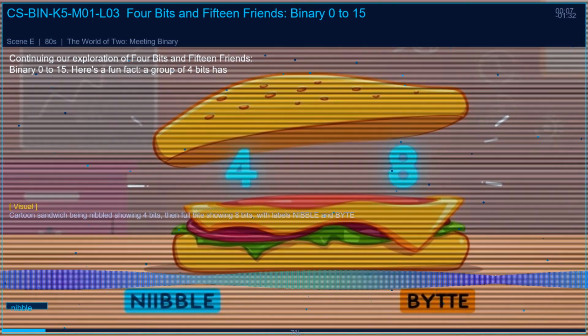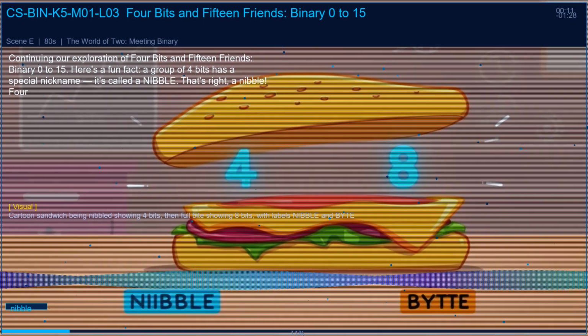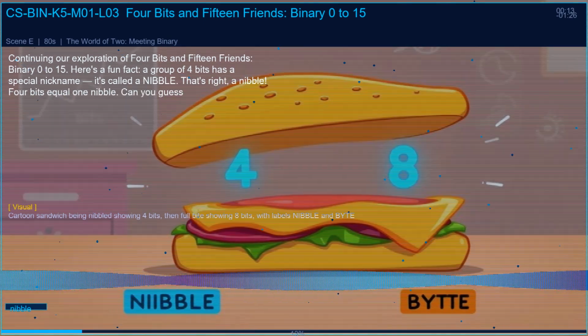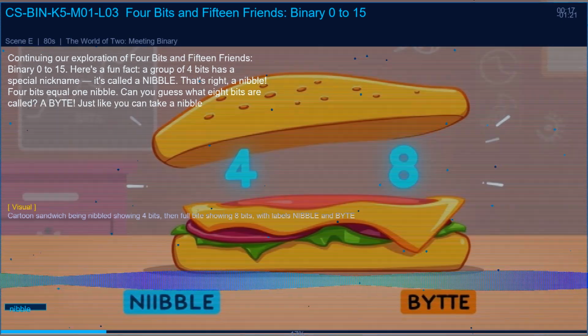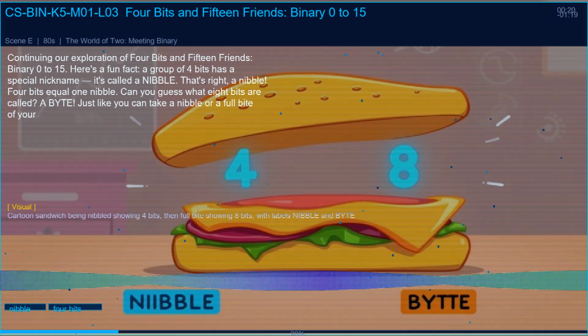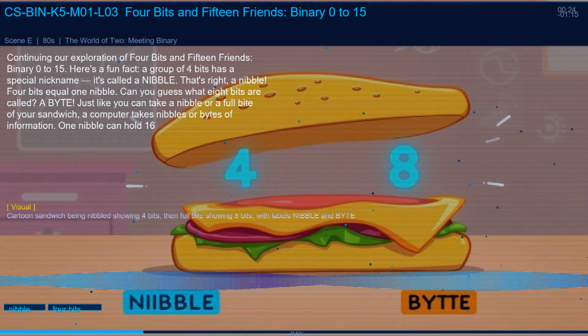Here's a fun fact, a group of 4 bits has a special nickname, it's called a nibble. That's right, a nibble. 4 bits equal 1 nibble. Can you guess what 8 bits are called? A byte? Just like you can take a nibble or a full bite of your sandwich, a computer takes nibbles